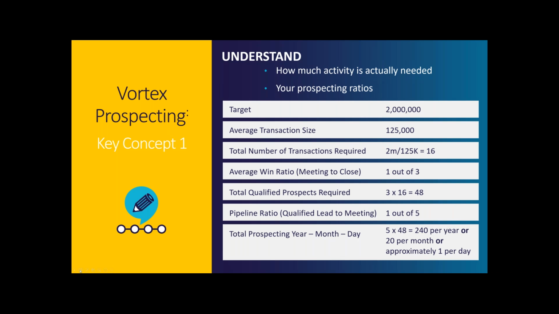So this is an opportunity to take this spreadsheet and start to back into what is the activity and what is the number and volume of prospects that you need to have in order to generate the results that you want to generate. Once I know that, I can start to identify how much time, effort, and how big my net has to be to cast that. So this is a great exercise as you're sitting here in the middle of August, focused on what needs to happen by the end of the year.